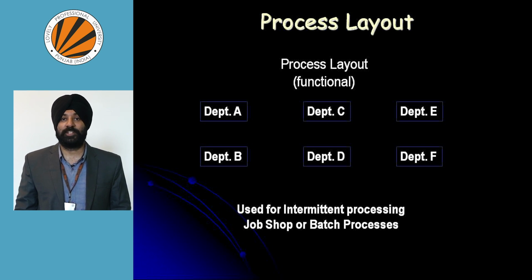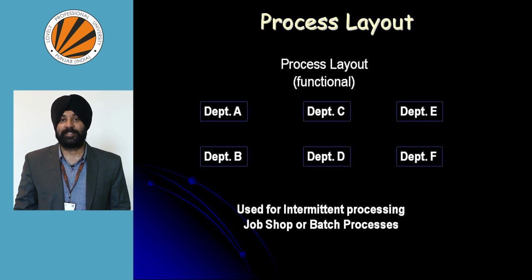Here, the organization is divided into different units or departments. Every unit or department is categorized based upon one specialization area, or one task of the job is performed under one department only. So under process layout, the workforce required needs to be cross-trained. One worker is supposed to perform all kinds of tasks given to a particular workstation. So we need workers who are cross-trained and able to perform all the tasks.